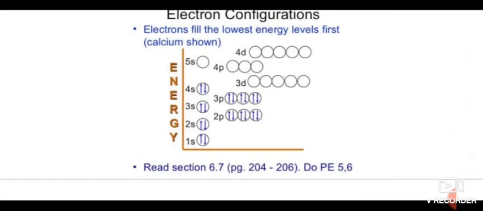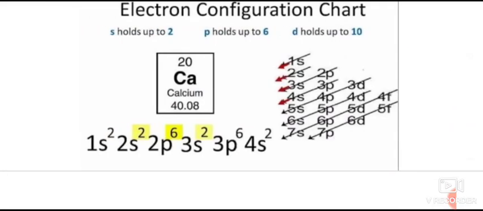Observe how these electrons are occupied in the particular orbitals. This is the first energy level: 1s is the lowest level, 2s is the next level, 2p is higher than 2s, then 3s, 3p, then 4s. After that only the 3d orbital will be filled, as we have already learned. Electrons always fill from the lowest energy to the highest energy. This is the electronic configuration of calcium: 1s2 2s2 2p6, 3s2 3p6 and 4s2.